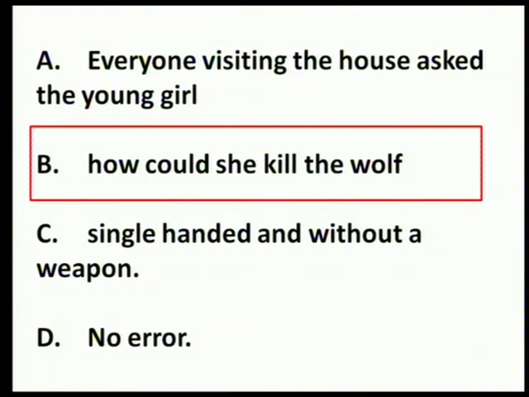When you use "could" before the person, that is "she", it means why did she kill? How could he even make this mistake? Like we ask, for example, 2 plus 2 is 4, and we ask, how can he even make that mistake? It means you cannot do that, or you should not do that. But if I use "how she could kill the wolf", it means how did she manage? How did she achieve it?